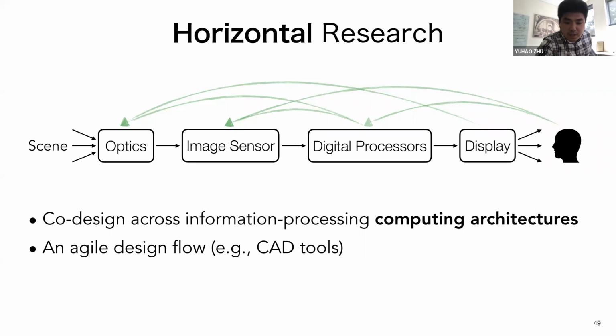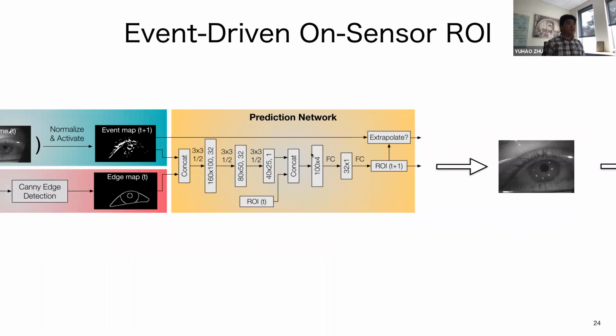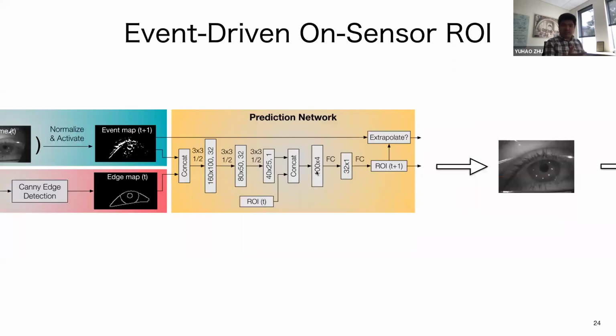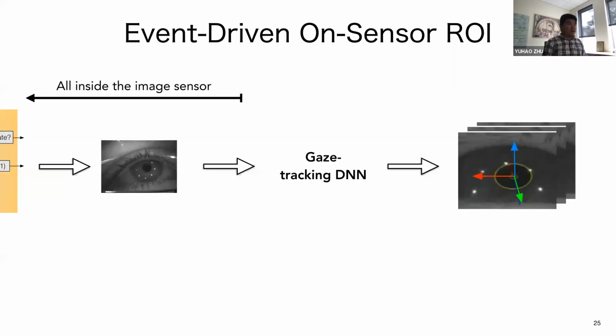Okay, all right, good question. I think there are 2 points I'd like to make around this slide. I have to say that this network which we run inside the sensor is not the gaze tracking network. You still have to run a gaze tracking network. This network, which runs inside the sensor, is just to extract or predict the ROI information. It just extracts the region of interest. And so this network is hand designed. It's just 5 layers. It's very, very small. The reason it's small is not because we ran some sort of NAS. The reason it's small is because it's not actually detecting the gaze. It just extracts the ROI. And the ROI gets shipped to the processor on which you run the actual gaze tracking neural net.